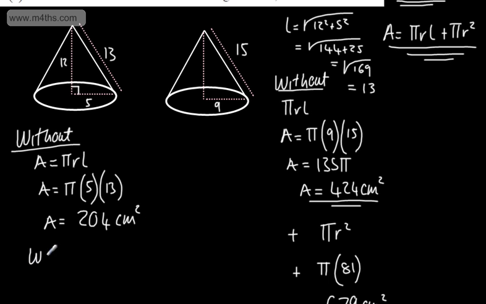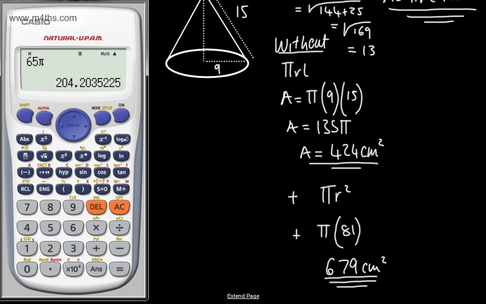If we wanted it with the circle, we would just simply add now pi r squared. So pi times the radius squared. The radius is 5, so I could add that to my answer, plus now 25 lots of pi. So if we do that, we're going to end up now with 90 pi, or